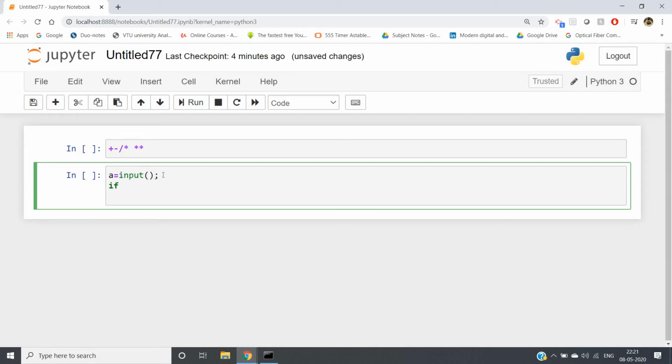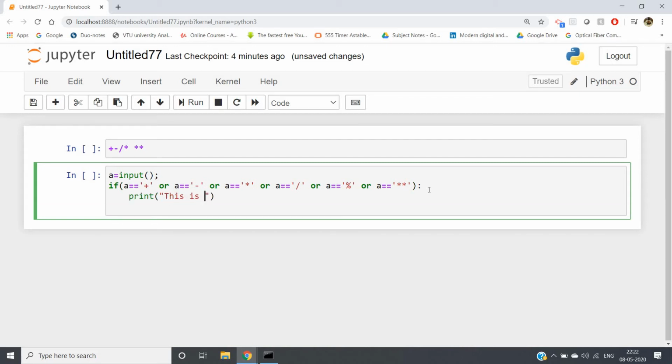Then if a equal to plus, or a equal to minus, or a equal to multiplication, or a equal to, suppose, division, or a equal to, suppose, remainder, or a equal to, suppose, power operation. Okay, so if a takes any of these values, if any of the conditions is satisfied, then print